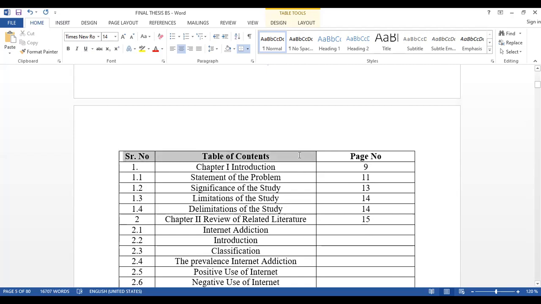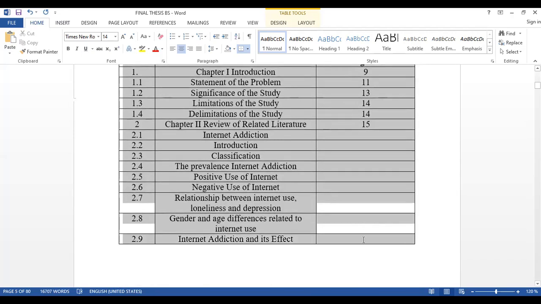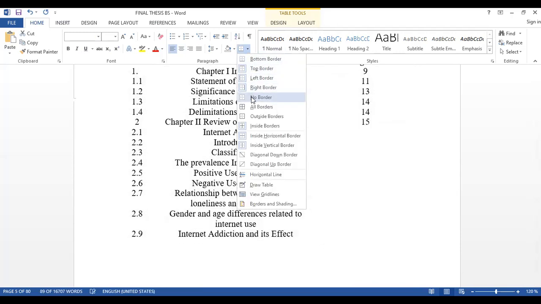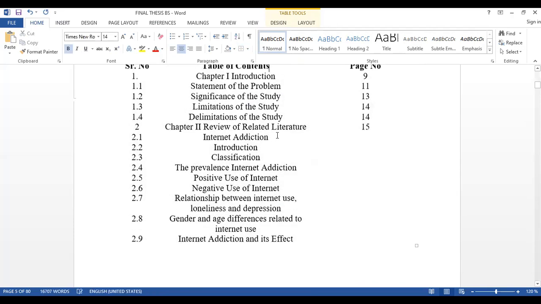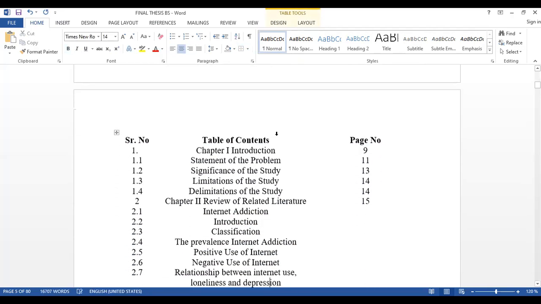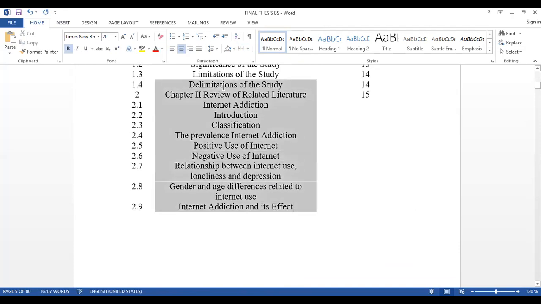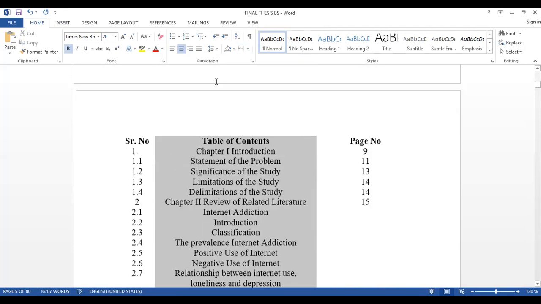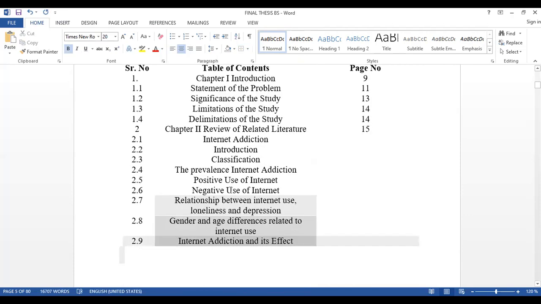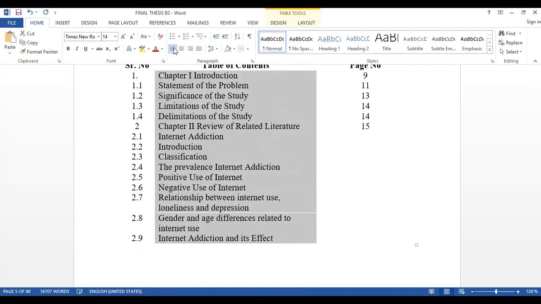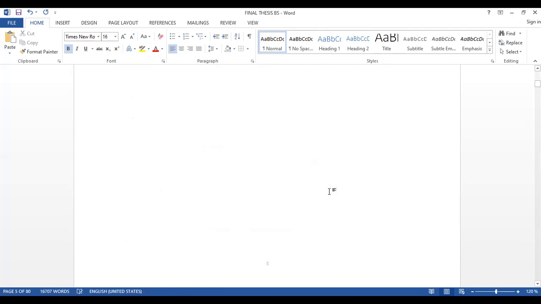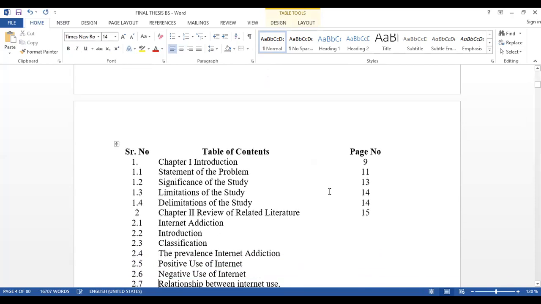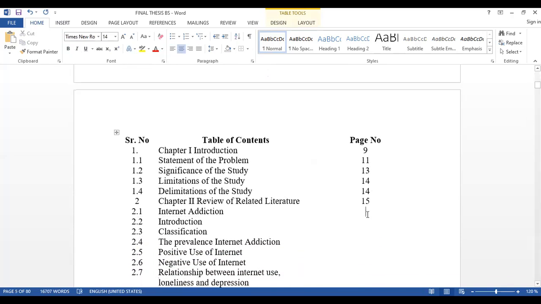After that, what you should do, you select and copy these things, select the whole table, and here is borders, go to no borders, right? So in that way your table of content develops fully, and you should keep it in the left corner like this. So here you see your table of content developed in the expected way. Write the relevant page number. Here it is on page number 16 also.